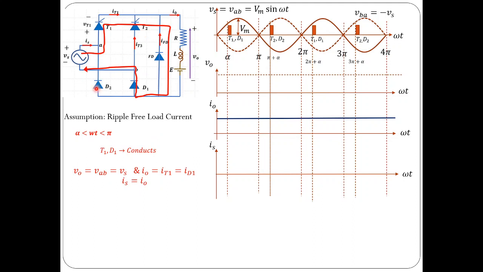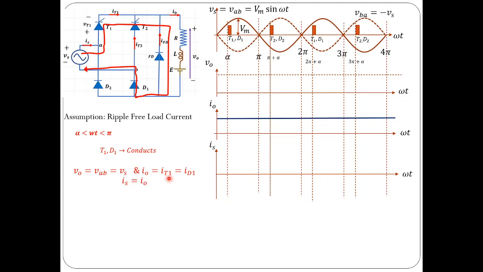Yes, they are going to be reverse biased by the source voltage. Now you can see voltage across thyristor 2 is going to be negative, and D2 is also going to be negative. And of course, load current is positive, and load voltage is also positive. So the positive load voltage with this polarity would reverse bias the freewheeling diode. It also won't conduct. Only T1 and D2 are going to conduct, and these are voltage for output, current for output.